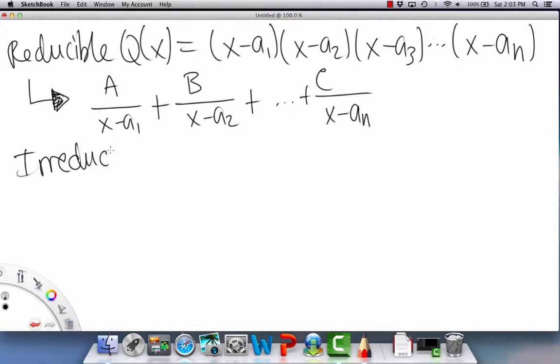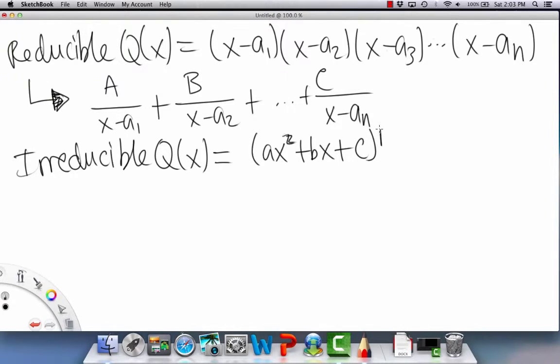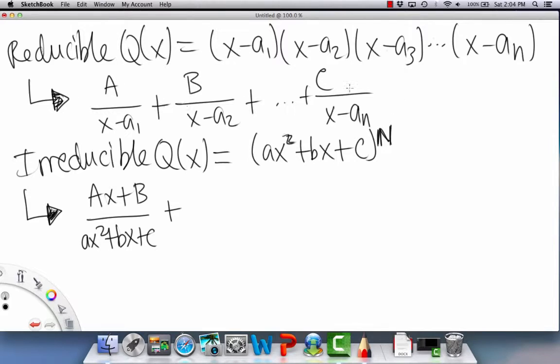But when we have an irreducible q of x, which is equal to something like ax squared plus bx plus c, it has to have the squared, and then to some power. This could be squared, cubed, etc. Then our partial fractions are going to have the following form: ax plus b. Instead of a constant on the top, as we did with the reducible one, where a, b, c are all constants,